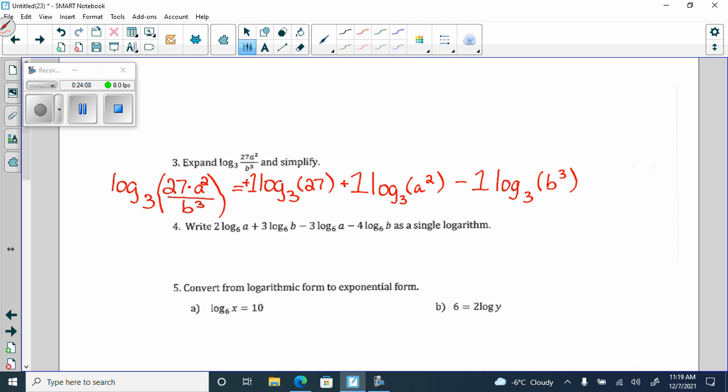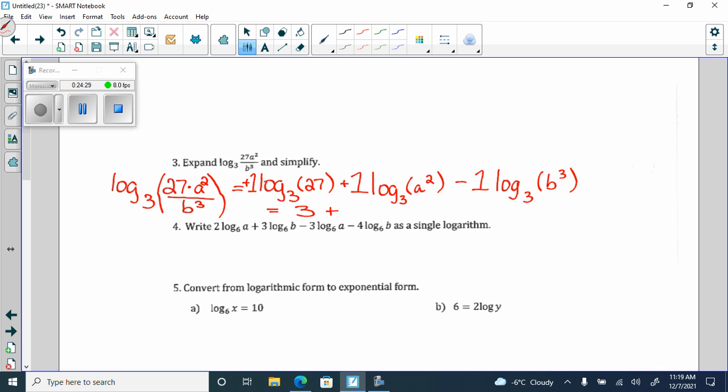Log base 3 of 27 doesn't have any variables, so it can be typed in. What do you get? You get 3. You can also do what your calculator is doing and say 3 to what power is 27, which is 3. It's the same thing. If you have to type it in, not a big deal. So we're going to get 3